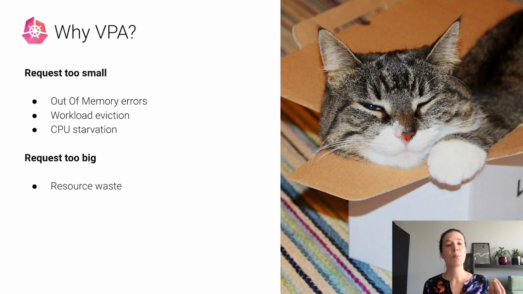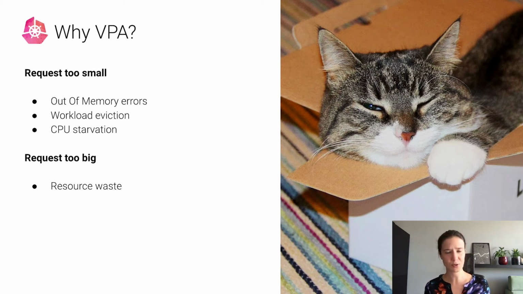But why are pod requests exactly like boxes for cats? They should neither be too small nor too big. Pod requests are what the Kubernetes scheduler uses to decide where to put your pods, based on how much free space a given machine has. The request is also what Kubernetes guarantees to provide to your application to run. This means that if the requests are too low, the scheduler may put your pod on a node that doesn't